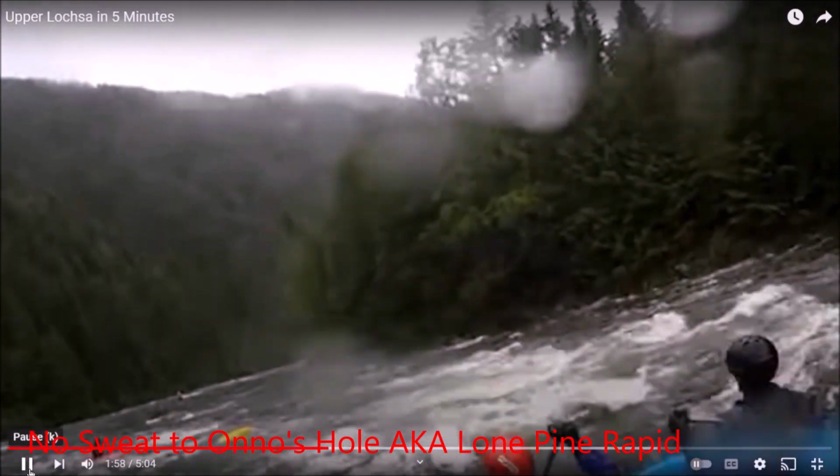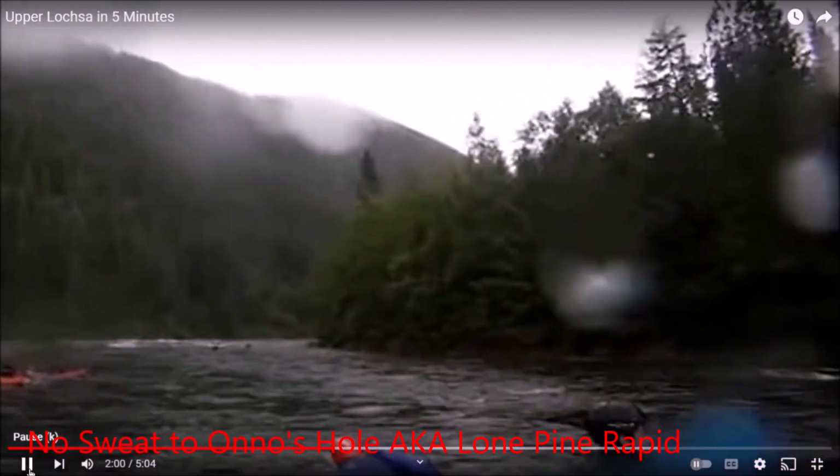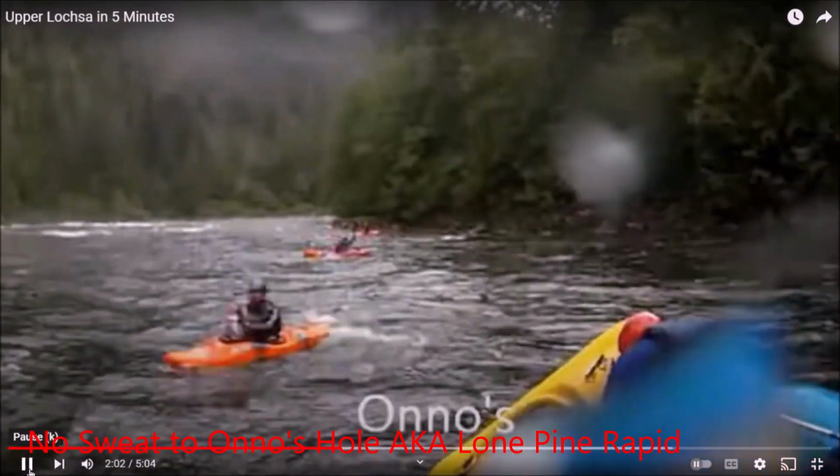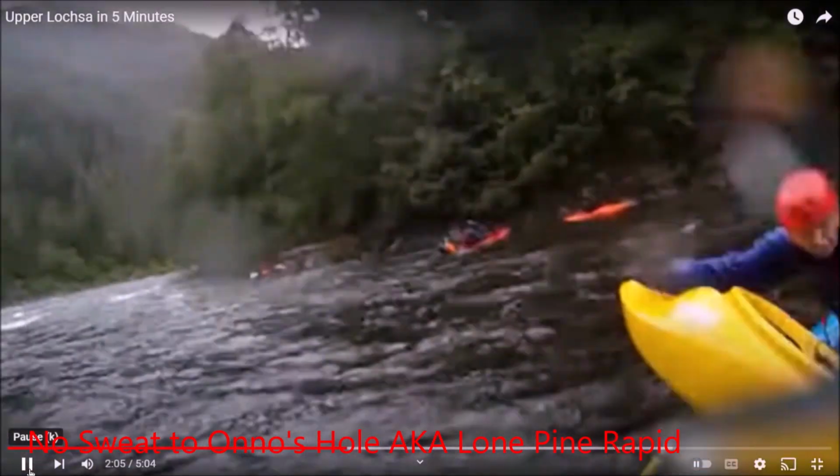And then they had a lot of footage because up in the distance, coming around the corner, the next rapid is Onno's hole. And you better be getting into the boat. But this shows you, hey, you've got some time between No Sweat and Onno's. And they were able to get a kayaker,